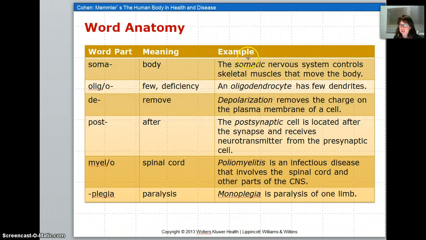Pay attention to the word anatomy. Soma means body. So the somatic nervous system is the skeletal system that takes care of the body. Oligodendrocytes means it is the ones that have few dendrites. De means remove or not. Post means after. Myelo has to do with the spinal cord, and plegia has to do with